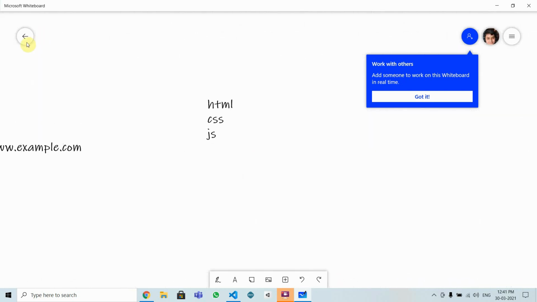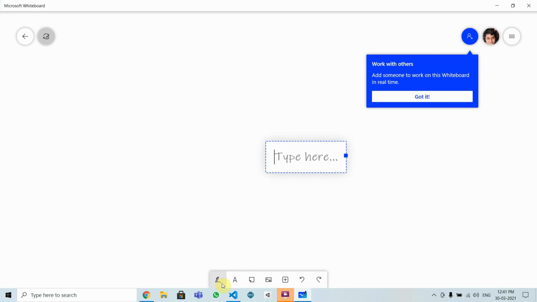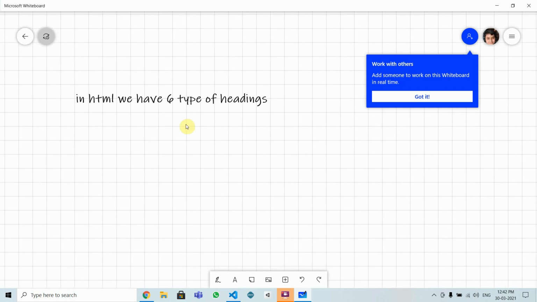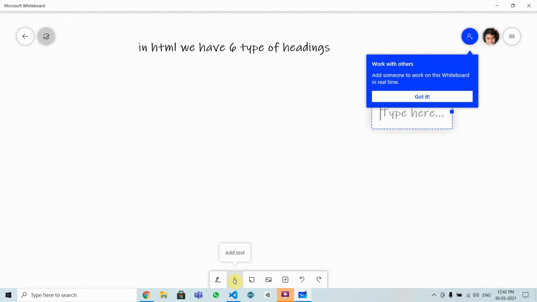So basically in HTML we have 6 type of headings, and their tags are like these. Here I can type h1, h2, h3,